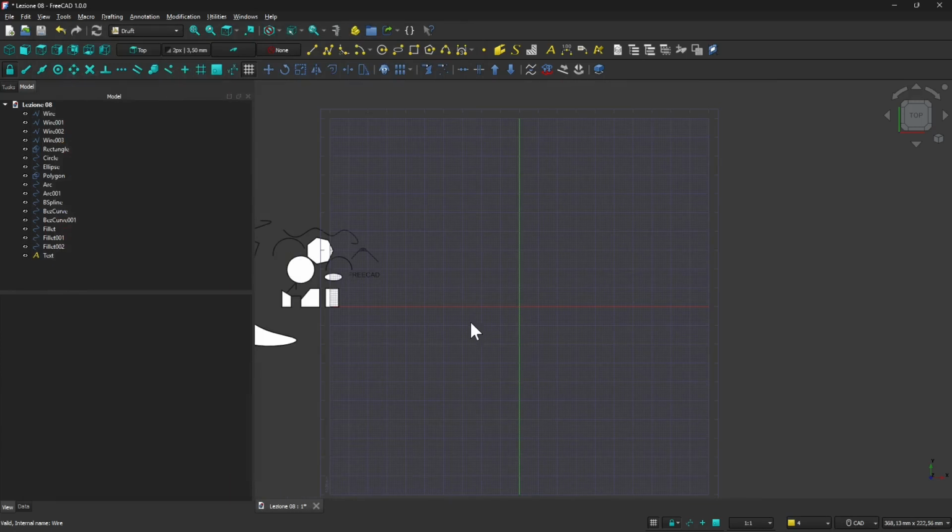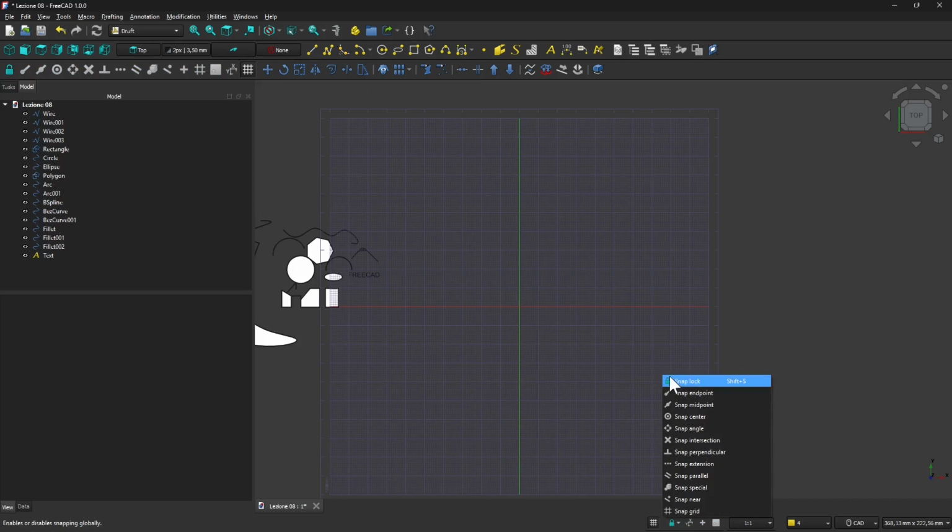Let's say okay. So down here also you have the buttons to toggle the grid on and off, so you can show it or not show it. And here you have the snap. So if you hold this, you can activate and deactivate the snap. Now we locked the snap. You can see the locker is closed, so we cannot change this. If I click again and click and hold, you can see now